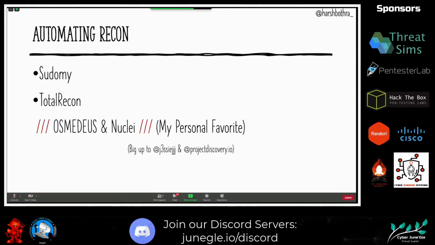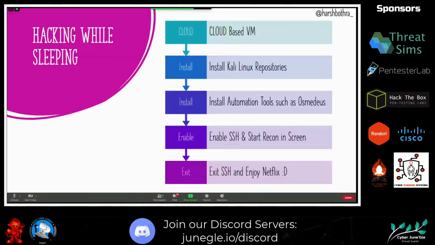And these are the 4 good tools that I always find helpful for automating the recon: Sudomy, TotalRecon, and my favorites, Osmedeus and Nuclei, which we are going to see in a live demonstration. And big up to j3ssie and Project Discovery for amazing tools. You guys are nailing it awesomely. Okay, so